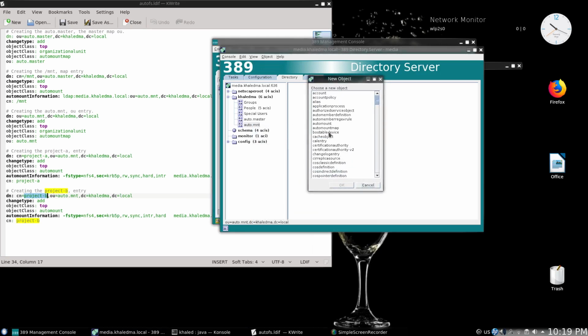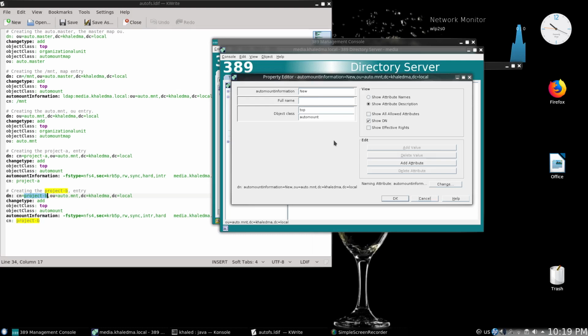This entry should include the automount, as you see here. Okay, and the automount information